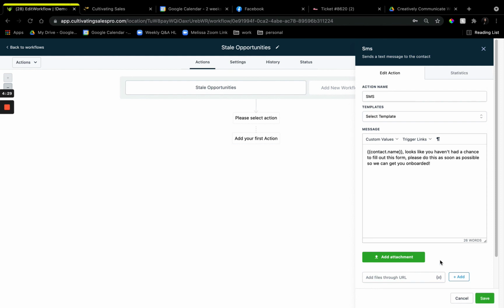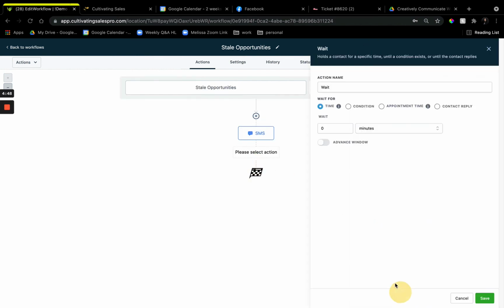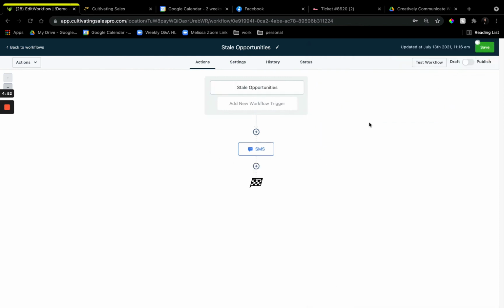So you can do things like this off of anything. You could send them an email, you could send them a text message, you could send them a voicemail. All of those actions that you have to use, you could do any of those. So depending on your process and what you want to have happen, this is just an example. You could even have wait steps that it'll wait a couple more days, send another text message, and then you could even have